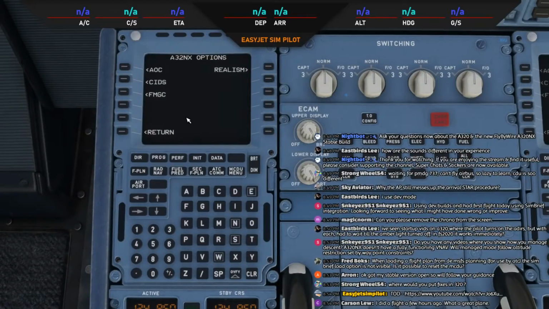Fredbox asks, when loading a flight plan from the Microsoft flight planning, used for ATC of course, the Simbrief load option is not visible. Is it possible to reset them? Okay, well, do you know what? I don't use the default ATC, but what we will do is we'll try and get that working now, shall we? Basically, in order to use the Simbrief integration in this new build,